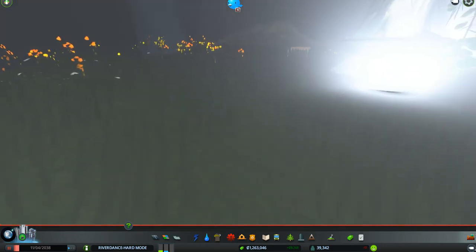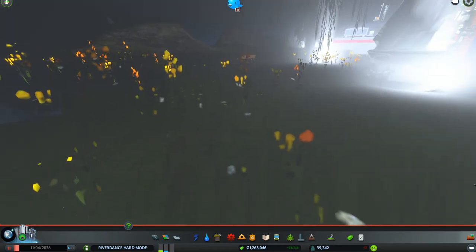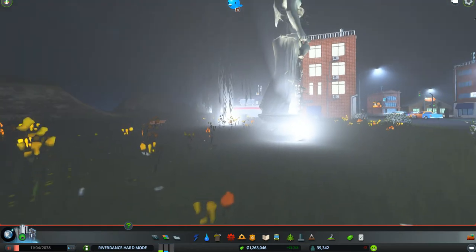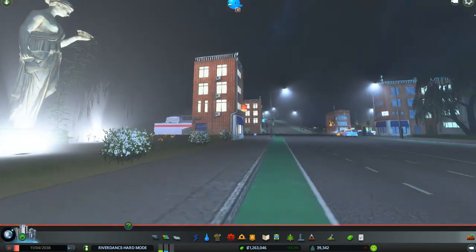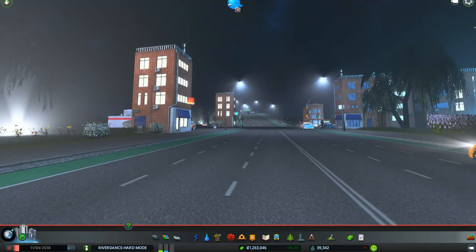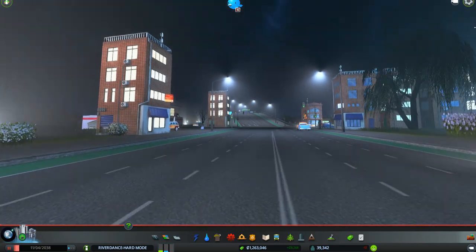Let's see, where did I put the light? Oh, no, it's right there. It's in front of her. So if I went over behind her and looked back, there would be... okay. Okay, good to know. Okay. So let's go and look at